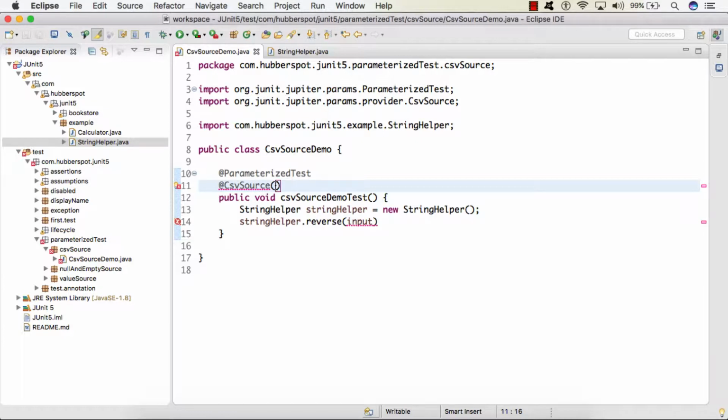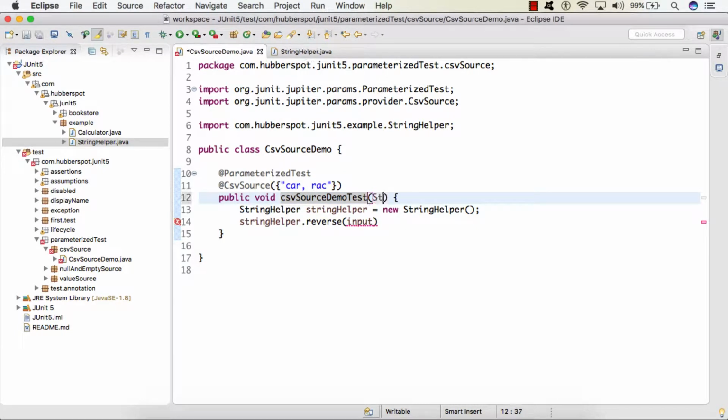Let's say I provide two values: car, and as we are providing two values here, we'll separate them by a comma. Let's say I provide the reverse of car, say RAC. You can see that we have separated these two values by comma, and this annotation will inject these two values in CsvSourceDemoTest.